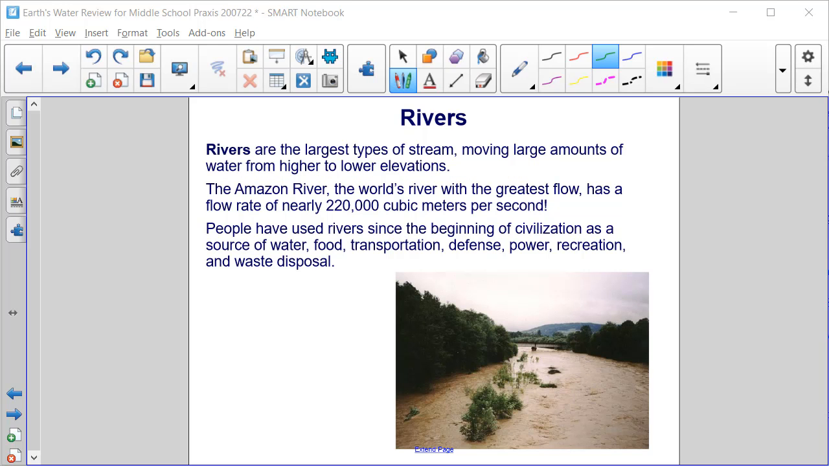Rivers. Rivers are the largest types of stream, moving large amounts of water from higher to lower elevations. The Amazon River, the world's river with the greatest flow, has a flow rate of nearly 220,000 cubic meters per second. People have used rivers since the beginning of civilization as a source of water, food, transportation, defense, power, recreation,